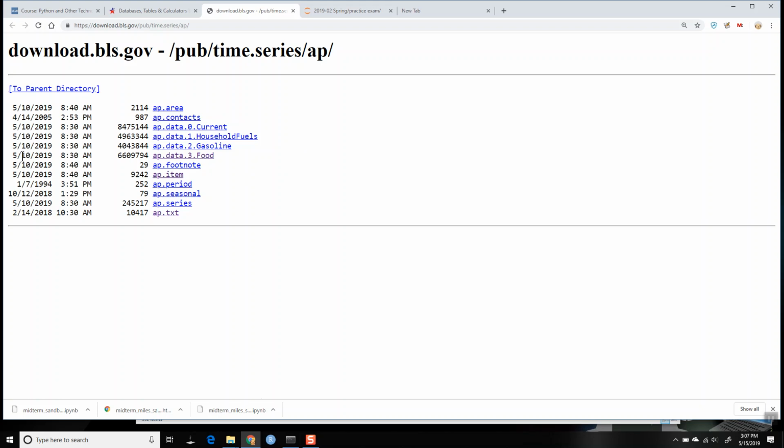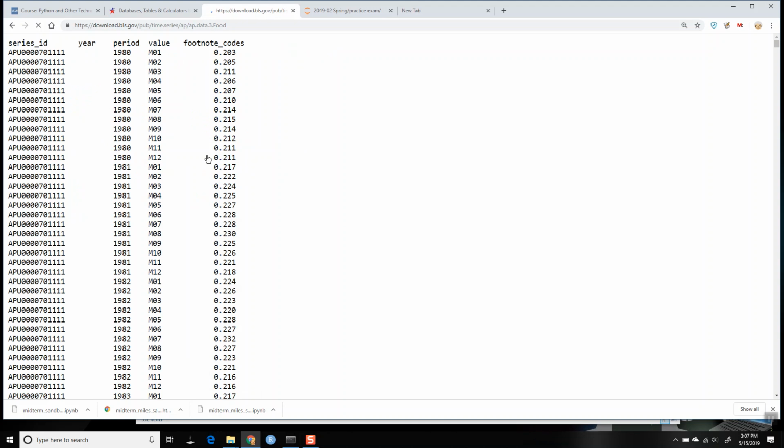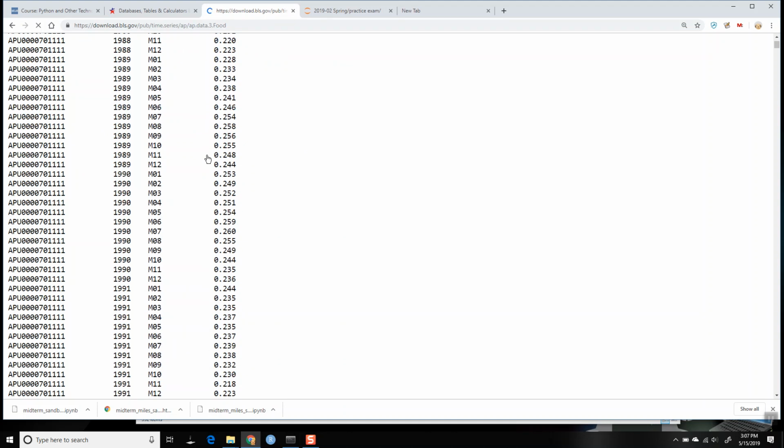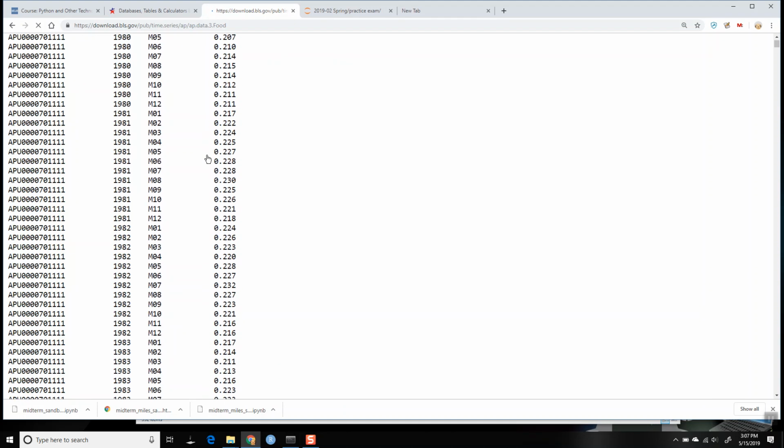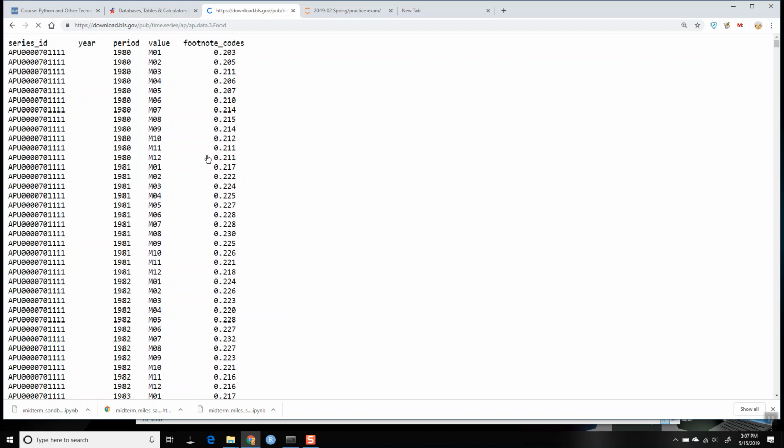We're going to take a look at ap.data.3.food. This was updated very recently. They update them pretty much every single month. It was updated 5 days ago, May 10th, 2019, and it keeps track of all sorts of food items. This is just a big text file, and so what you're going to do is